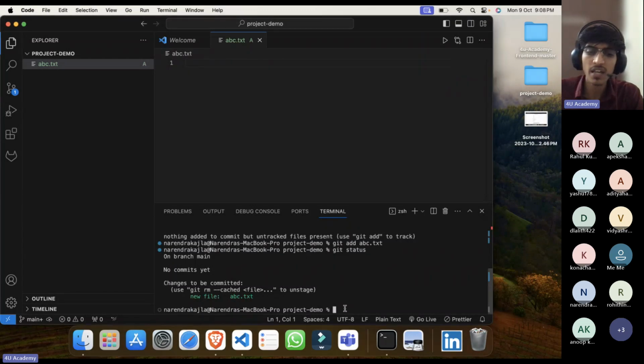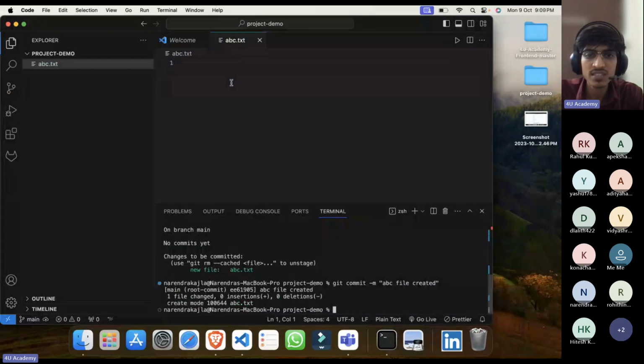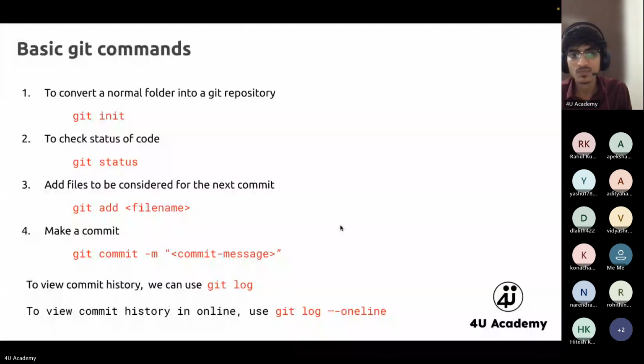To take the picture, the command is git commit -m, which means I want to give a message, like I want to name this commit. I'll name it, let's say, ABC file created. So if someone else sees this picture, they will quickly recognize that this work was done at this particular commit. I'll hit enter and now this is saved. So that is done. So git init, git status, git add. Init you will do only once. And then you have git status, then git add. Cool. Then the commit is done.